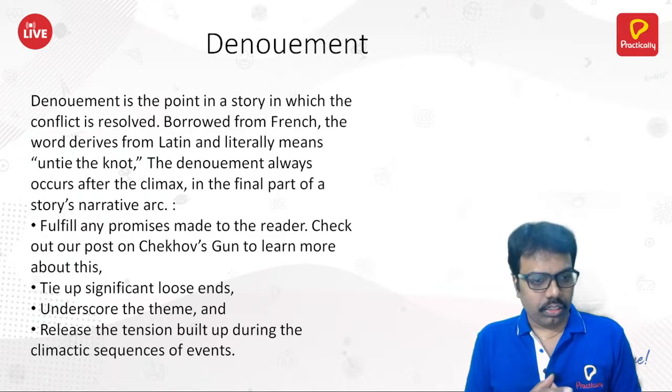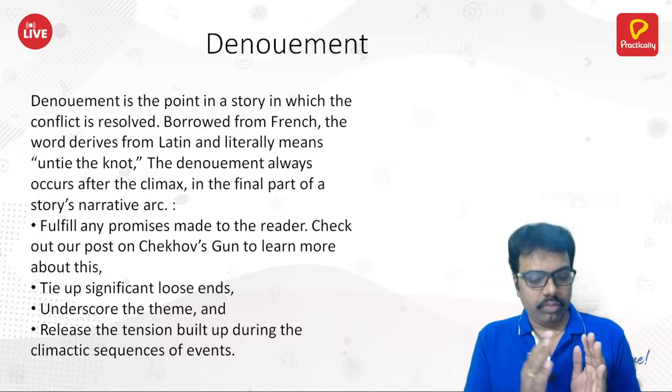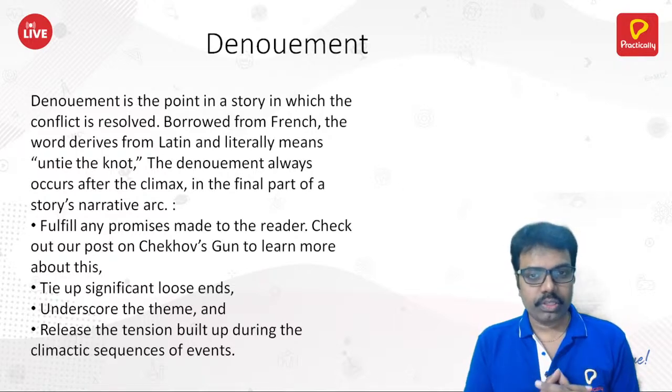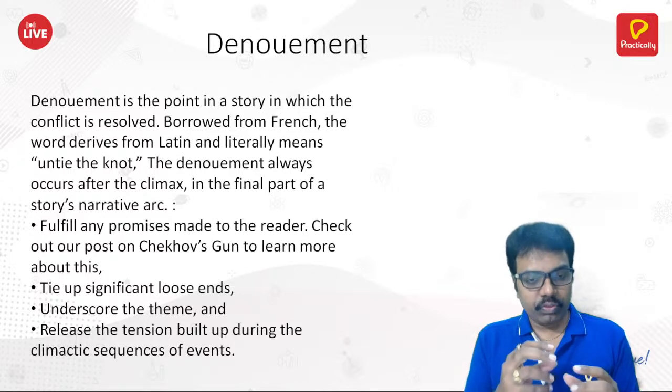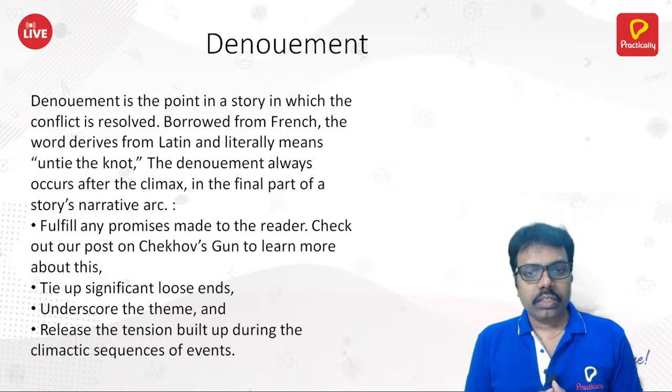There is one thing called Chekhov's gun. Chekhov's gun is nothing but, see, we plant something in the story, and this will happen. For example, there is a time bomb. If you put a time bomb in the story, in one of the places, we are showing in the story, yes, there is a time bomb. Within 1 hour, it will blast. There is a crowd available. So in this 1 hour, what happened? That is the story. So Chekhov's gun is about when it is going to shoot. We fix it beforehand. We are informing the audience that there is a time bomb,